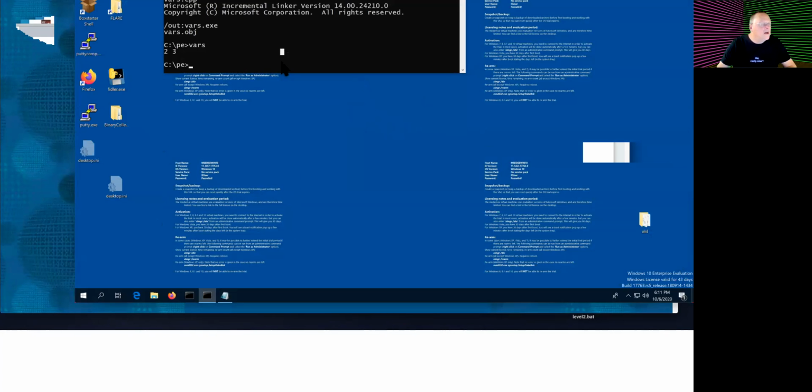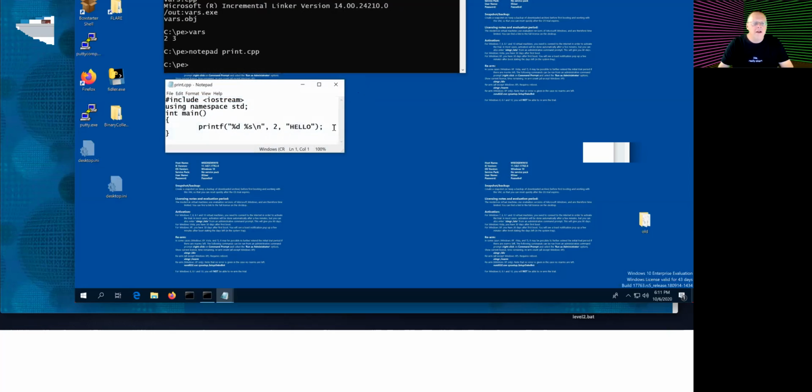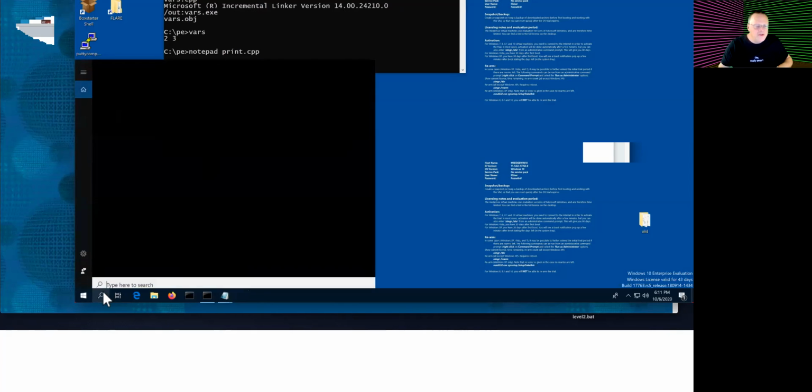All right, print.cpp. So if I notepad, print. All right, so here's a program that does almost nothing. It uses IO, and then it just prints, but instead of just printing hello, it prints 2 and hello and puts them in with a format string. And the point of that is just, you can see that there are 3 arguments. So if we look at this in IDA,